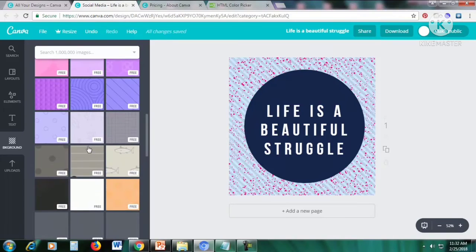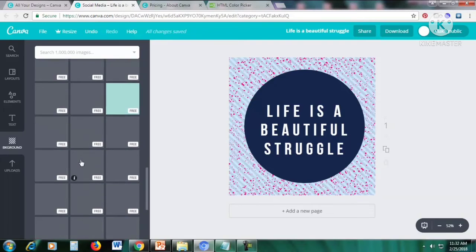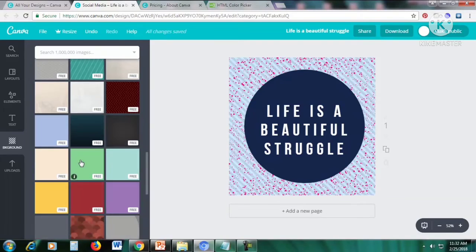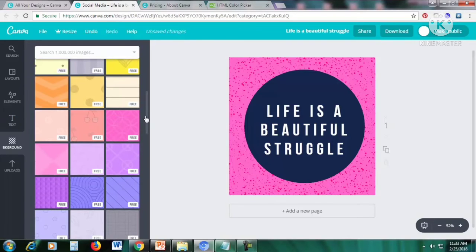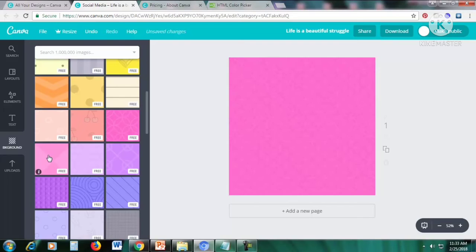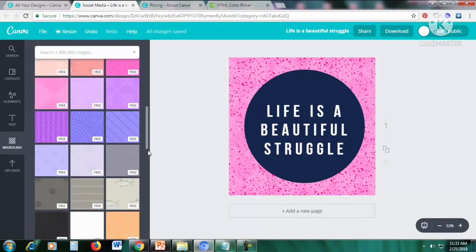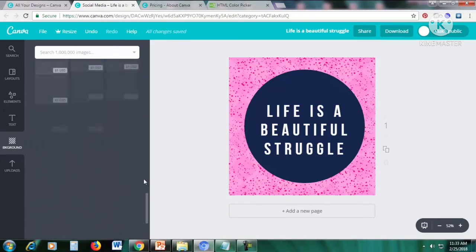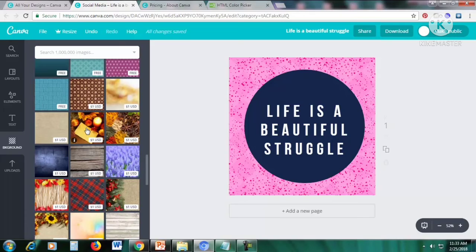Okay, just scroll down. There are many different gradient designs available. If you don't like the plain color, there's for example this pink one. Alright, so you can also upload a custom background. Okay, if you don't want this, then there are also pictures, but you can see here on the left section